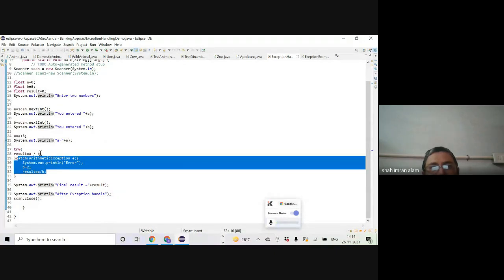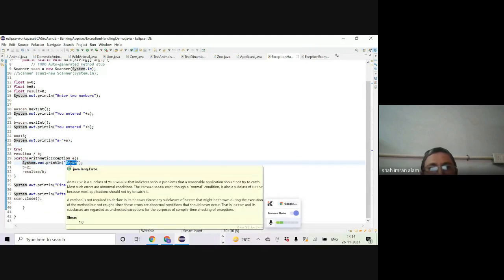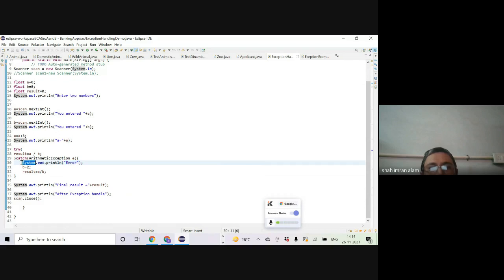That's a divide by 0 error that comes under arithmetic exception. And even the print statement System.out.println, this error at line number 30, was not printing.